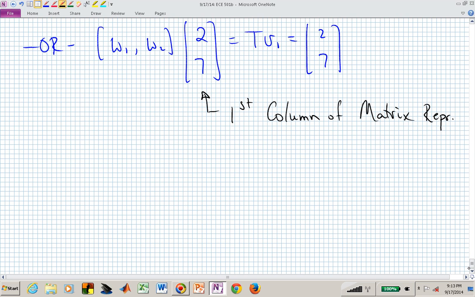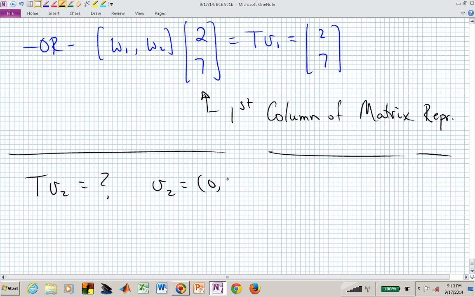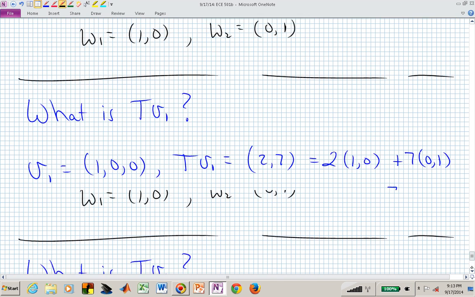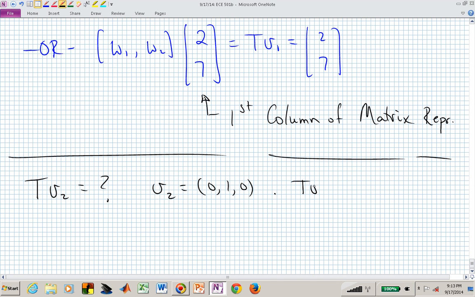What's the second column? Well, the second column is going to be produced from TV2, and V2 was simply setting the y-coordinate to 1 and x and z equaling 0. If we go back to our definition, we now have minus 1 and 5 for the resulting two coordinates that result when we map the second basis vector through this linear map T,